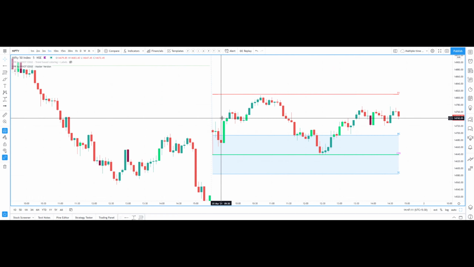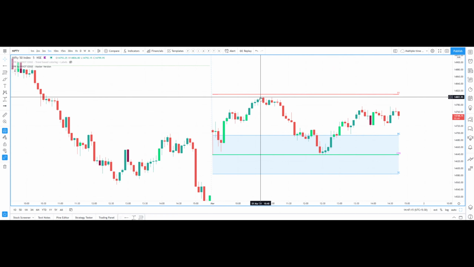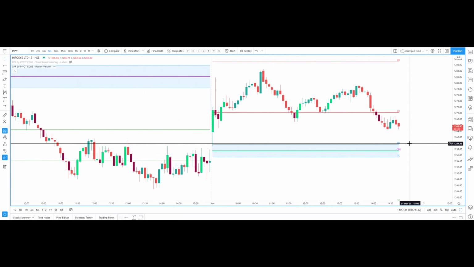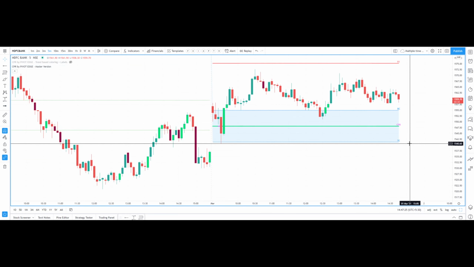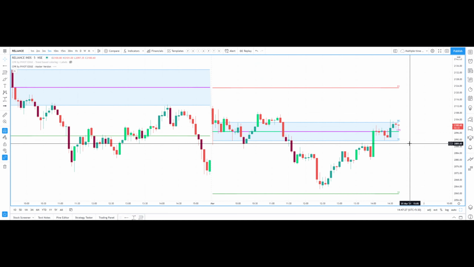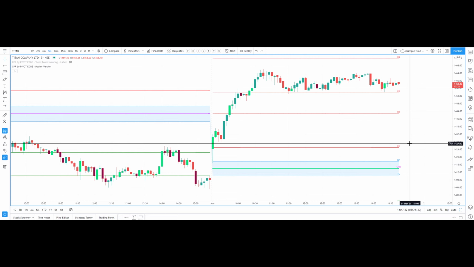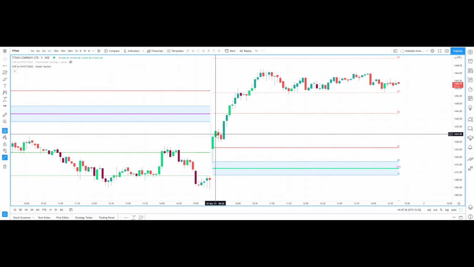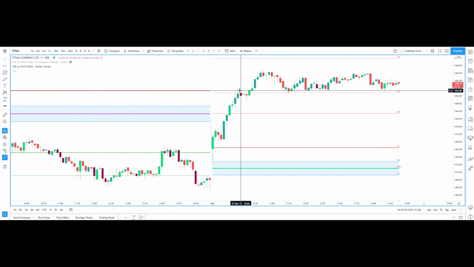Here, same case for Nifty also: enter long after this candle, then up to R1 you can go for your long target. We'll see some more. HDFC has given similar patterns. Reliance. So this is your Titan also. In the first candle itself you got a very strong candle. After this candle you can go long. R1, R2 target is achieved.